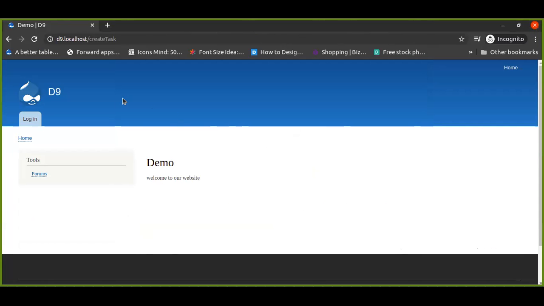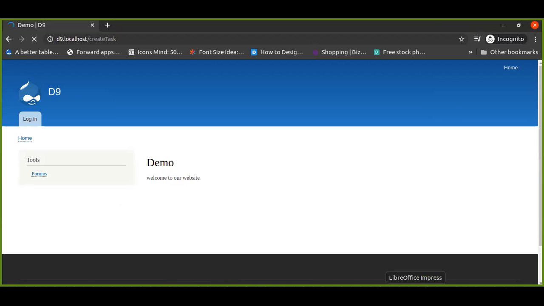Yeah, will you be able to see this, the create task is available for the anonymous user, but in the left column, the left sidebar, the anonymous user is not able to see the block. That is what the code will control. This is what Abhishek raised as a query yesterday. I hope you're clear on this.